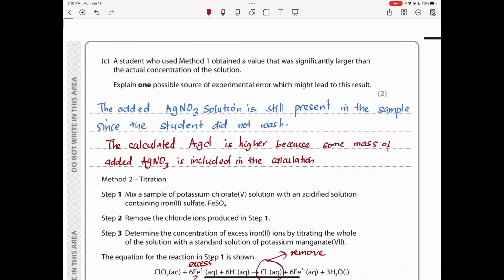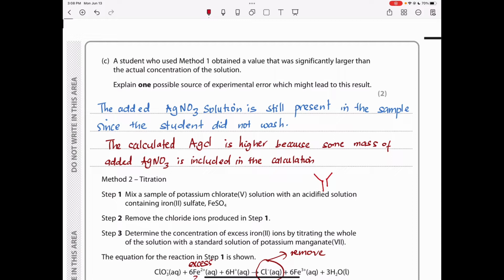Let's go to the next part. A student who used method 1 obtained a value that was significantly larger than the actual concentration of the solution. Okay, so they say explain one possible source of experimental error which might lead to this result. The only issue is, in the experimental steps they told us, the student did not wash. Remember, they obtained silver chloride precipitates. However, they just filtered. They did not wash, because you wash off some of the impurities that might be left